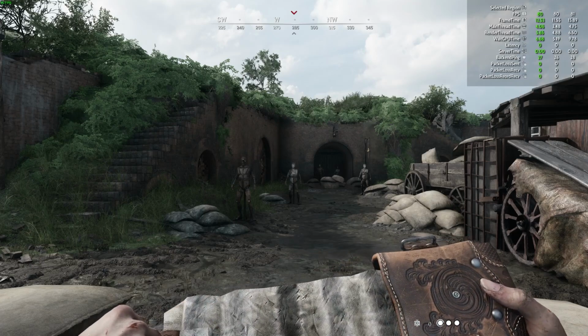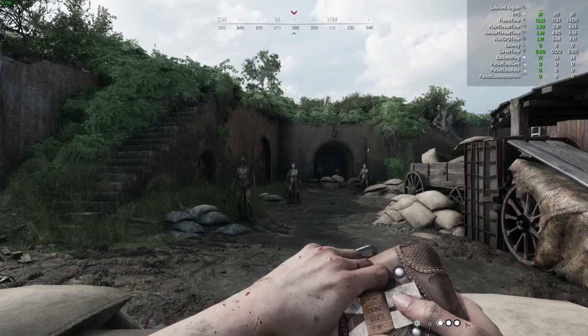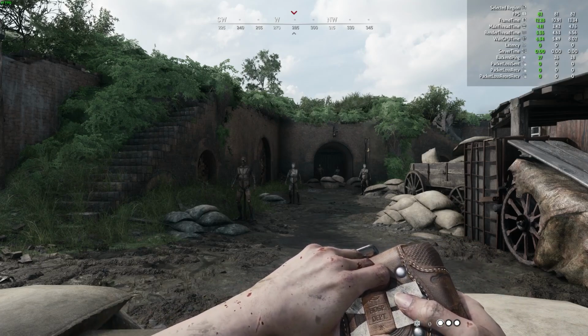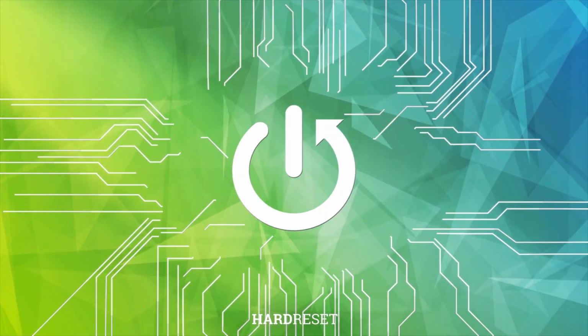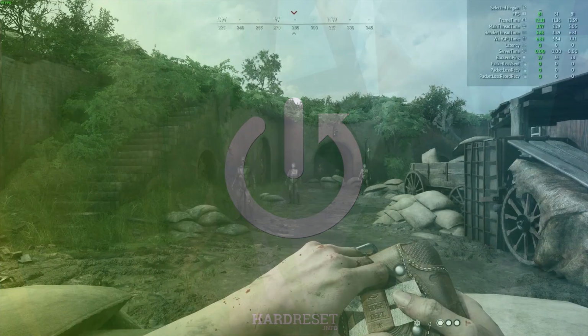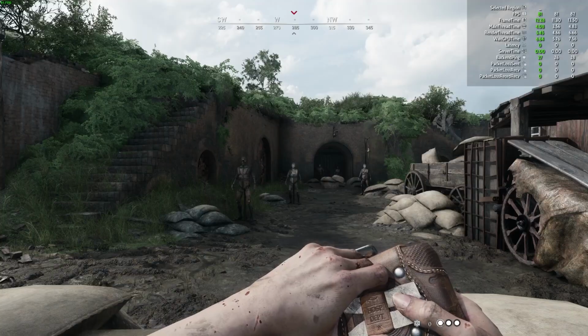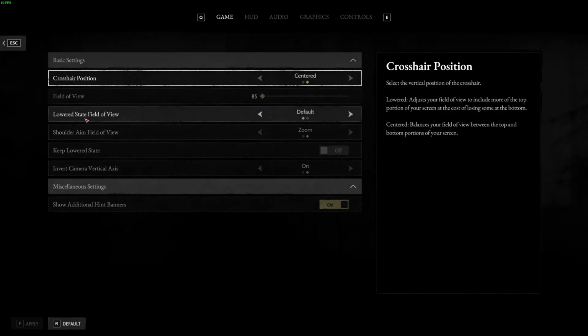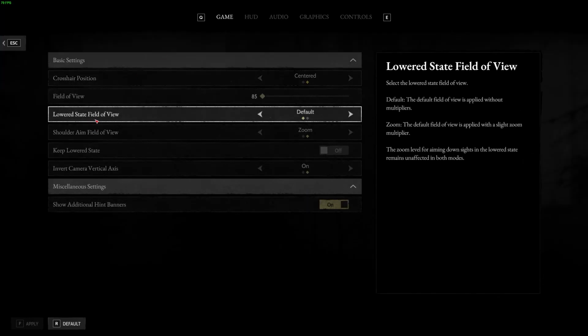Hello, in this video I want to show you how to manage lowered state field of view in Hunt Showdown. And to do this, first let's click on the escape and move to our options. Right here we can find the lowered state field of view in the game, and you can switch between default